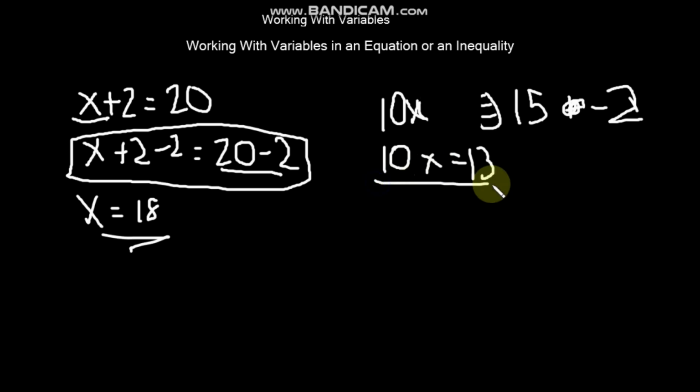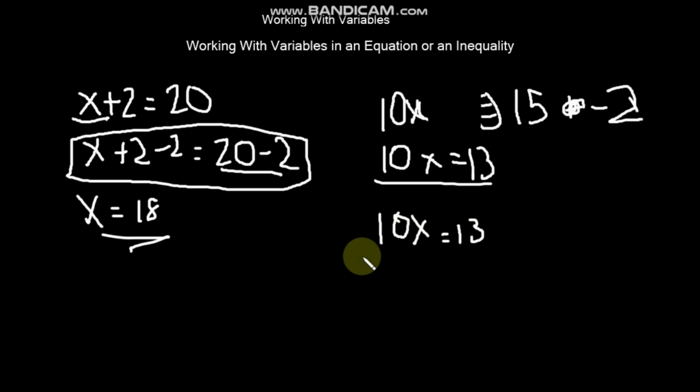So we can get this as an answer, but we can still simplify it. So I want it as simple as possible. So 10x equals 13. If we want to get 10x to x alone, we must find a way to